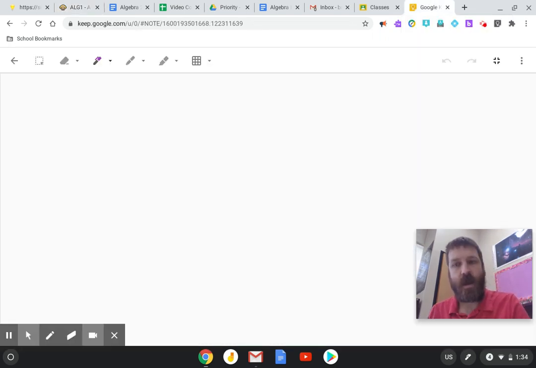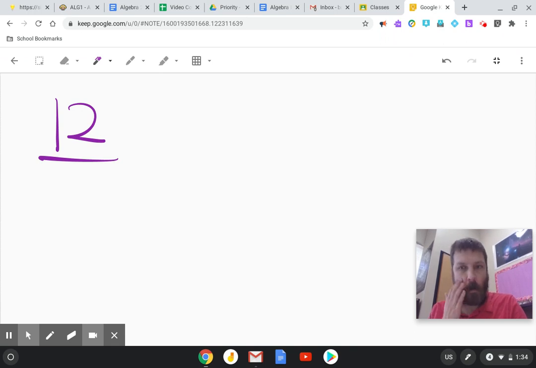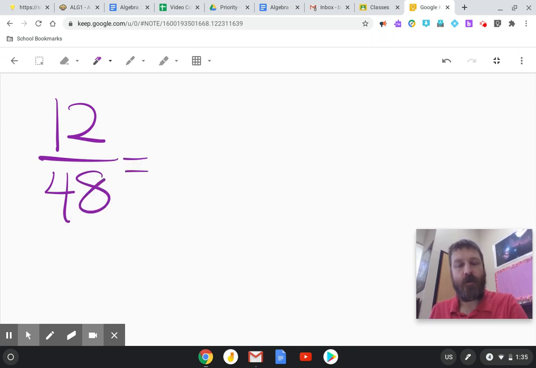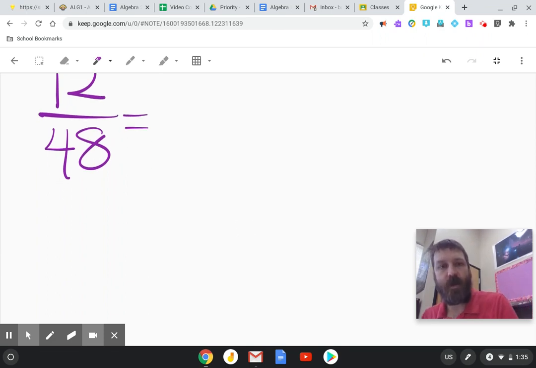Let's say I have the fraction 12 divided by 48, and we want to know how to make this into its simplest terms. So they're wanting us to go through the process of doing prime factors. So let's give ourselves some space down here, and let's find the prime factors of 12 and the